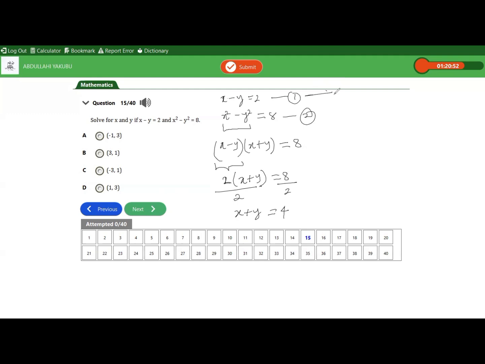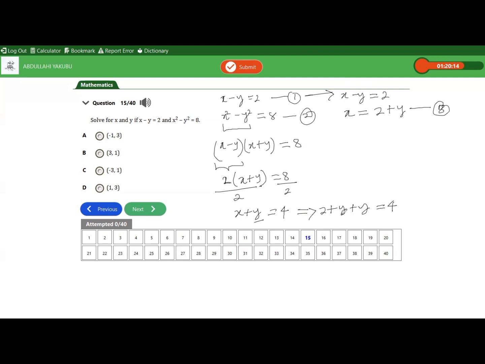From equation 1, I'll still need equation 1. You have x minus y equal to 2, which implies the easiest one to make subject of the formula is x, so x is equal to 2 plus y, this one crossing the equality sign. Let's call it equation 3. So in that case, I can substitute equation 3 into x plus y equal to 4, which implies anywhere I see x, I'll put 2 plus y, then plus this y